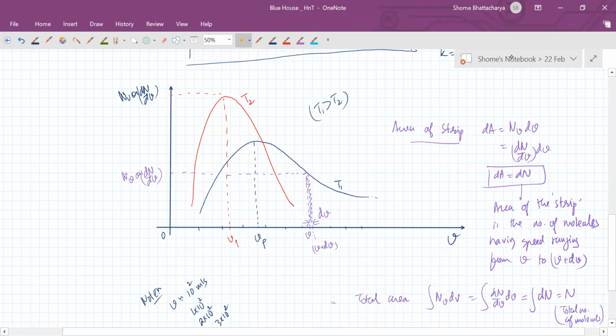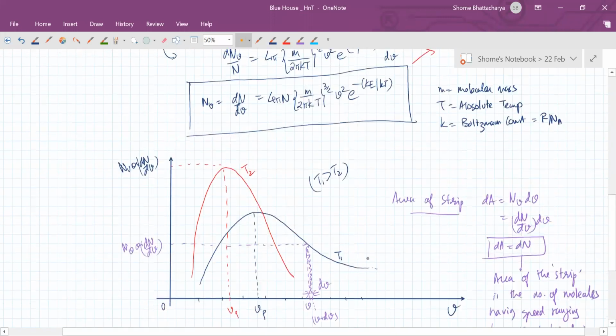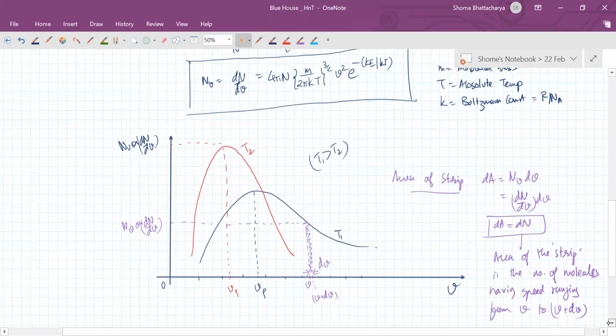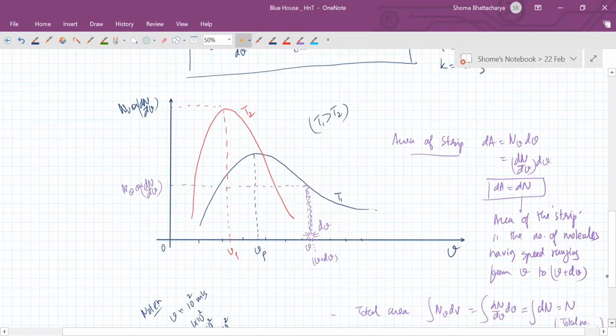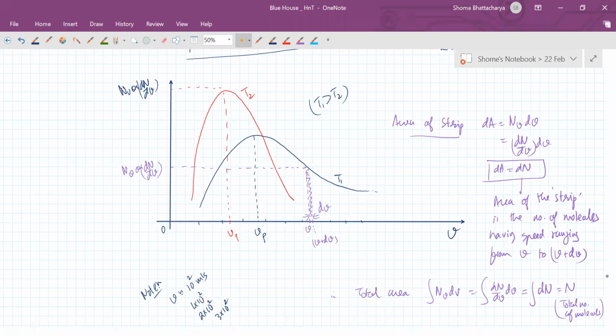So at different temperatures, according to the formula, you'll see that there are different kinds of shapes that we get. They're always asymmetrical shapes. And with temperature increasing, the peak shifts in the forward direction. That is, the most probable speed increases. So does the average speed, and so does the RMS speed. So this is some indirect theoretical knowledge that you have to know about Maxwell's distribution curve.